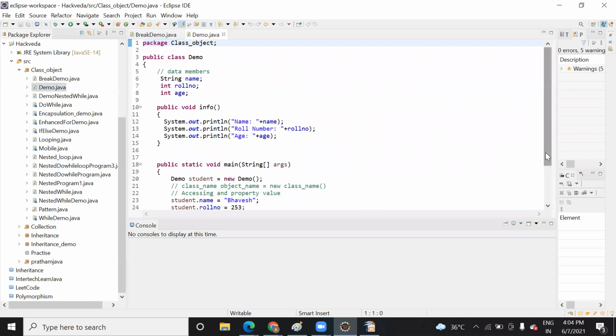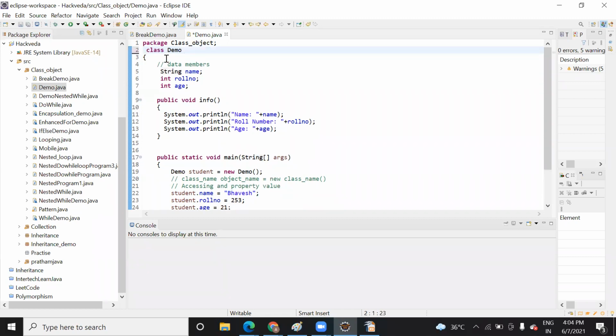Now as you have seen here, I have created a class. This public keyword is not mandatory. It is an access specifier, a visibility mode that we declare to tell that this class is public and can be accessible to anyone. That's why we add public, but it is not mandatory. Here you are working on a single class, so you can remove it also.